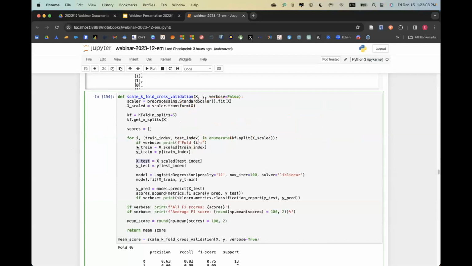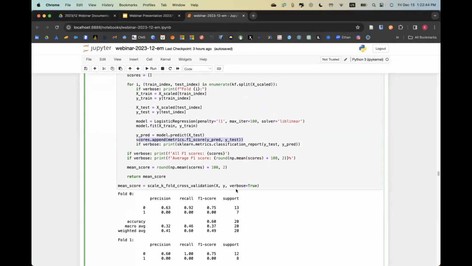Drawings, cool. So this function really just sets up the K folds, the amount of folds that we're using, and I have this set at 5 right now. And then for each fold, it's assigning and extracting the training set, the testing set. And in this case, I'm using a logistic regression to train the model and then predict from the testing set. And then I'm comparing what was predicted to the actual values in the testing set.